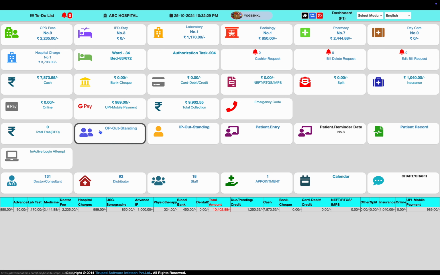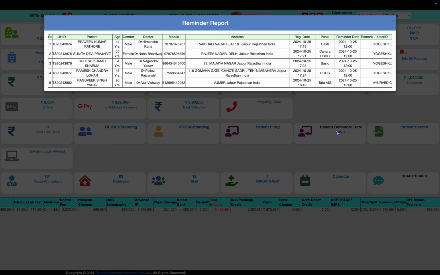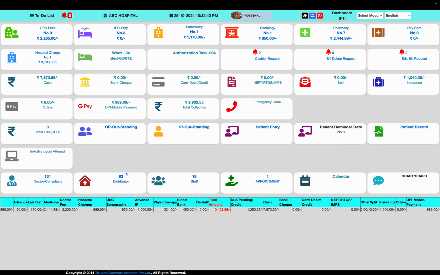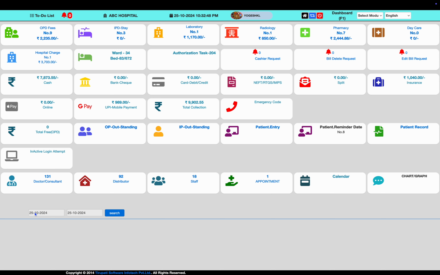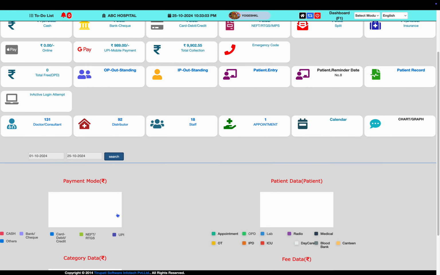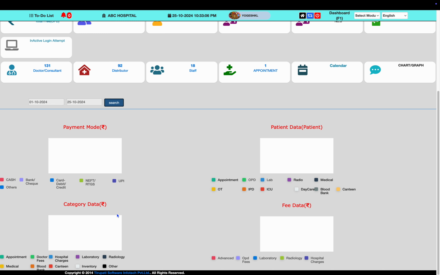Similarly, this system also shows the outstanding patient list, the IPD admission patient list, and patient records like that. If you click, this kind of patient data can also be shown in the patient reminder notification. If you want to see a graphical presentation of the revenue information, you can apply any date filter and get the data in graphical presentation of the hospital's running status. All departments, patient-wise, revenue-wise, and department-wise collections can be accessed in this dashboard data.